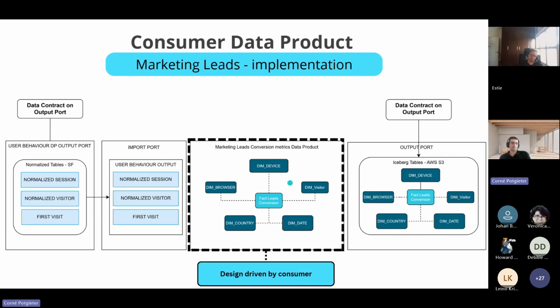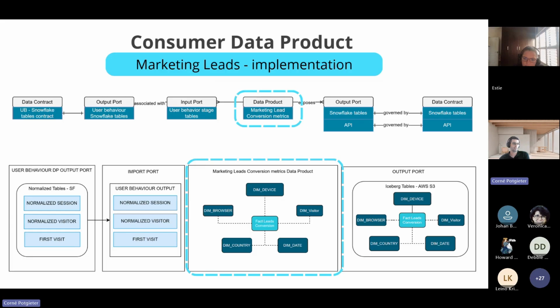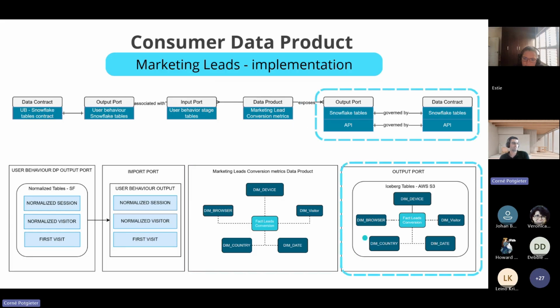That is driven by the consumer's requirements. And let's say our output port is some Iceberg tables because we want it to be interoperable with different technologies. So let's say we built this within Snowflake, but we want to publish it as an Iceberg table so that it can be utilized by other tools, not just within Snowflake. So just mapping it: input ports, the data product, the output ports, and its governing data contract.